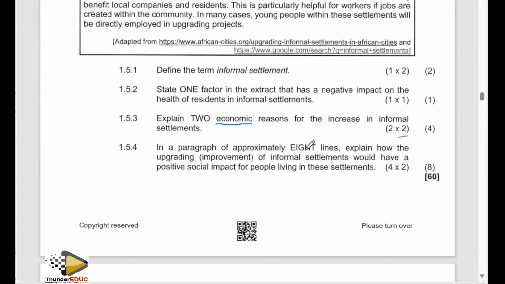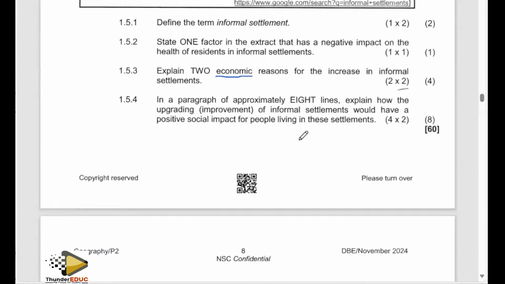Economic, we are looking at something to do with how people make a living, how people earn income, how people make money, how people sustain their lives. So we should try to figure out, because the question is specific, it's not general about any reason, but it wants economic reasons. So in this instance, you can highlight aspects like